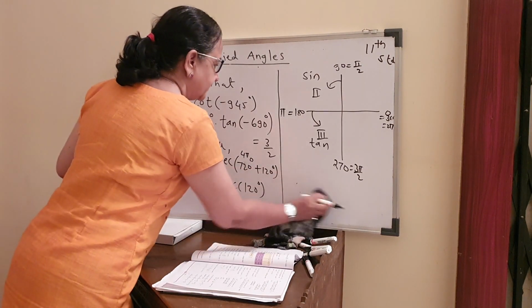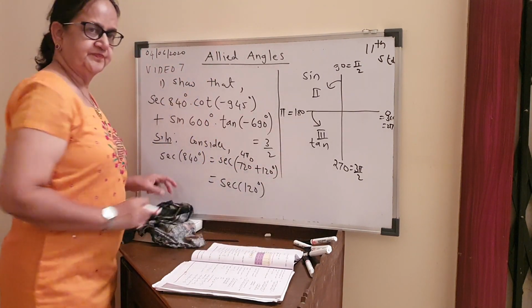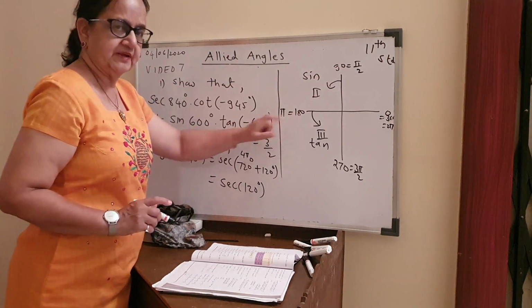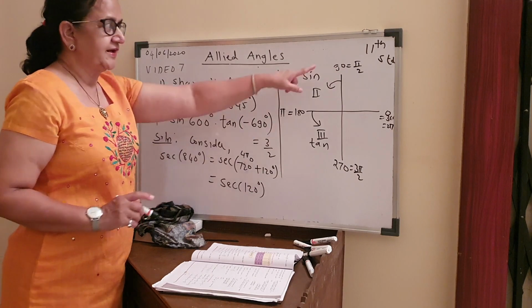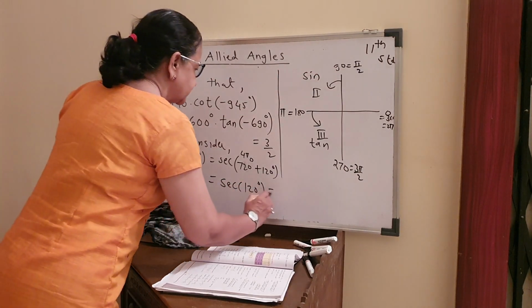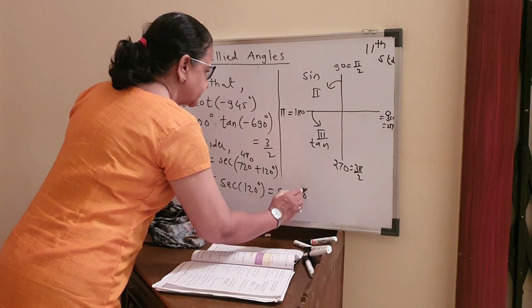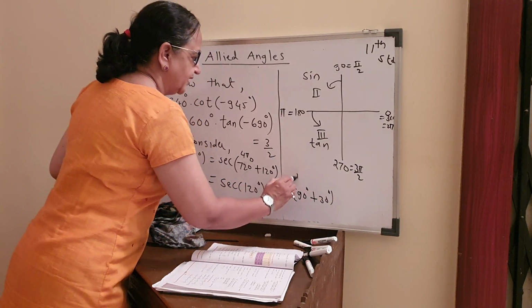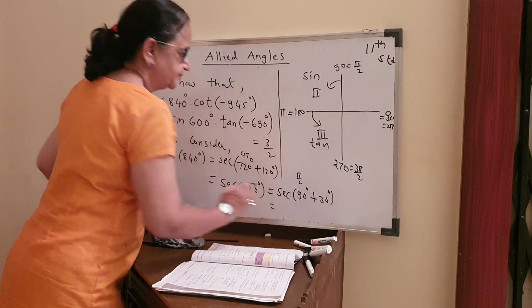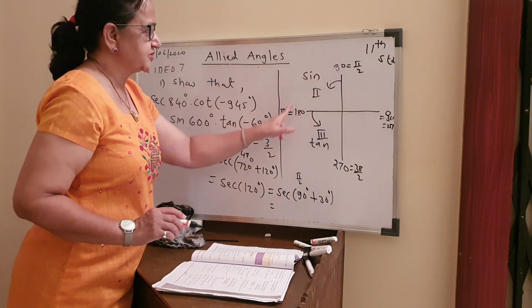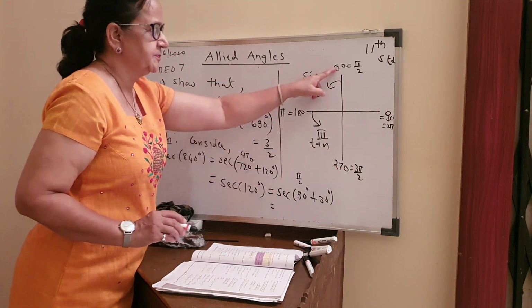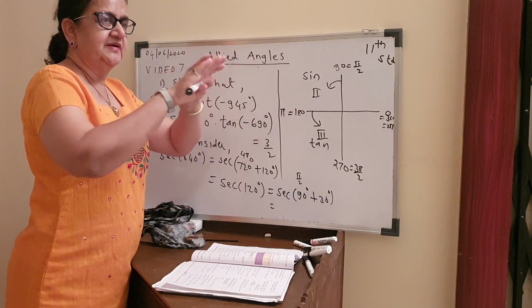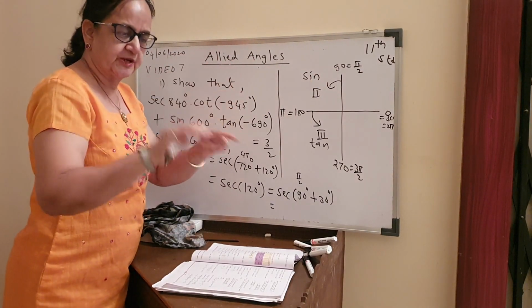Still, 120 is not a standard value. So I told you, take the help of either 90 or 180 preferably. Now 120 I can write as 90 plus 30. So this is sec of 90 degrees plus 30 degrees. On top of 90 I will say pi by 2. Pi by 2 means first group. These three are in the first group. I have to work in 2 steps. Step 1 calmly, complete it. Then I go to step 2.